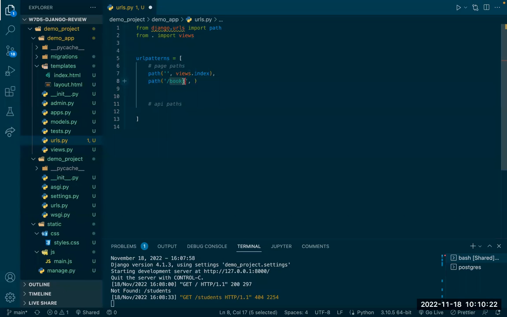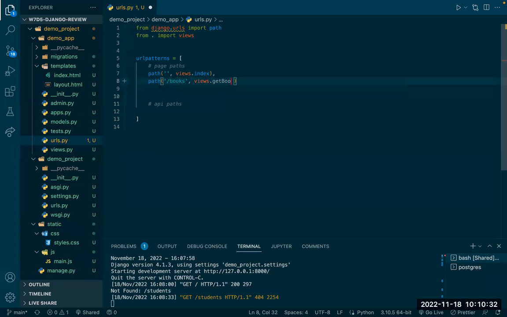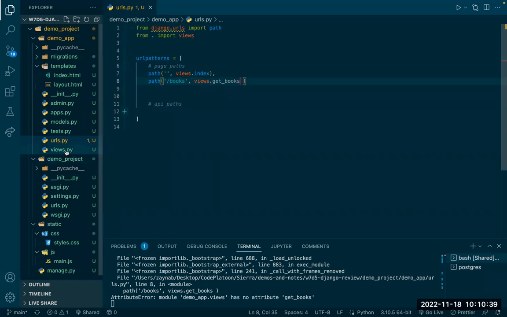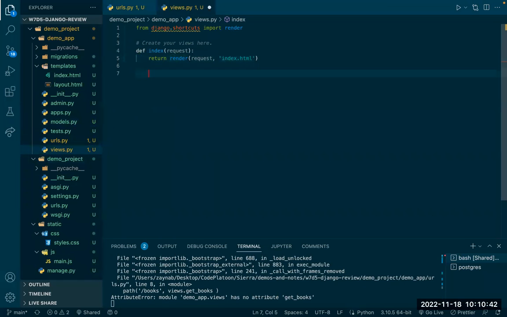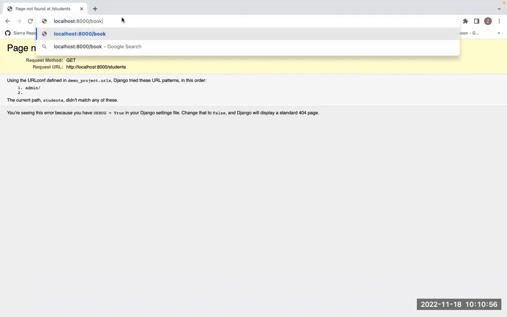So if I have a /books here, to have it do something, I would have to give it a function. So let's say get books. And then I need to go into my views. And I have to define something called get books. And this will take in the request that was sent in, because this again is a GET request. So if I say /books,